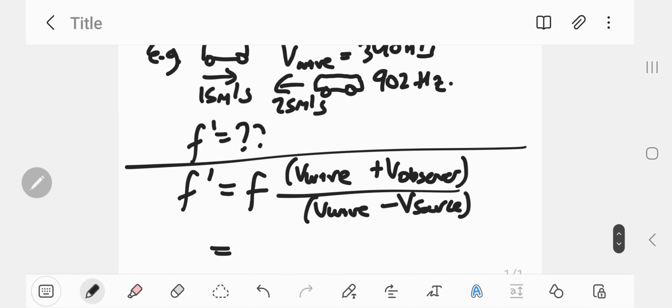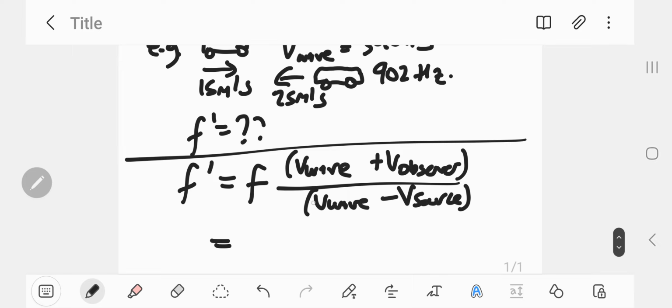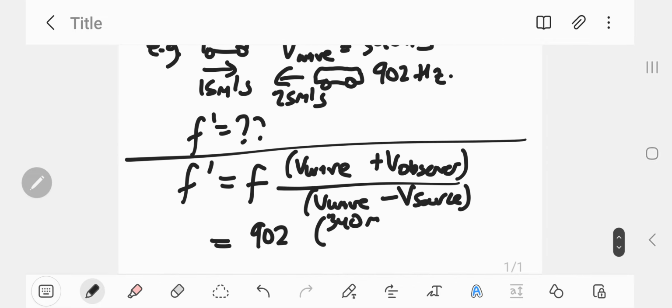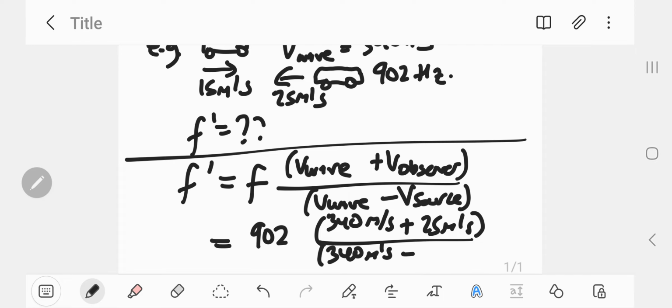So let's plug in some numbers. The frequency heard by the observer, by the person in the car approaching the ambulance, is 902 hertz. The velocity of the sound wave in this case is given, it's just 340 meters per second. The velocity of the observer is just 25 meters per second, that's the guy in the car. The velocity of the sound wave, 340 meters per second. Once again, the velocity of the source, which is the ambulance, is 15 meters per second. Plugging all of this into a calculator,